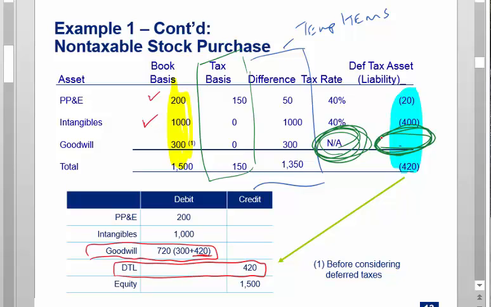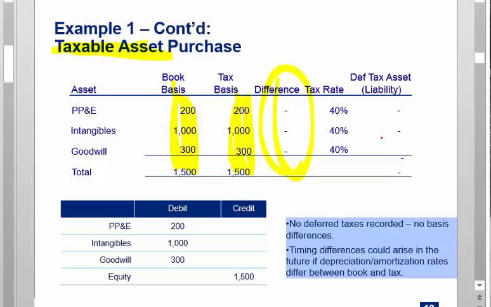For book purposes, when the accountants book the fair value, what's the opposite entry? Where does it go? When the book guys book the entry for fair value, they book it to equity. Oh, it's right there for equity? Yeah. But it's not shareholder equity, right? So this is the subsidiary's books. If the buyer acquired the target for cash, the credit side of the entry is cash. If I pay $1,500 and I'm the buyer, I'm going to credit cash $1,500 and I'm going to put all these assets on the books.